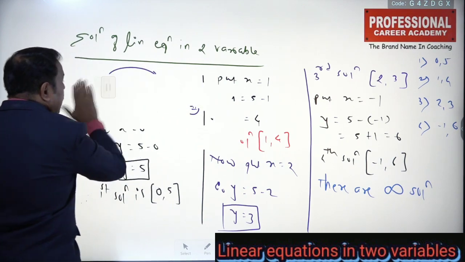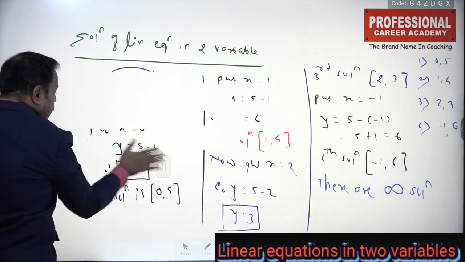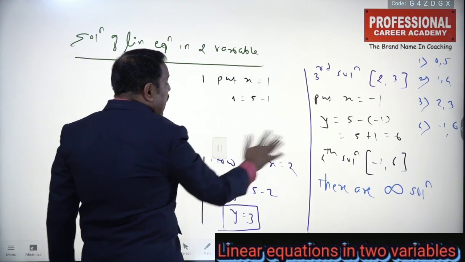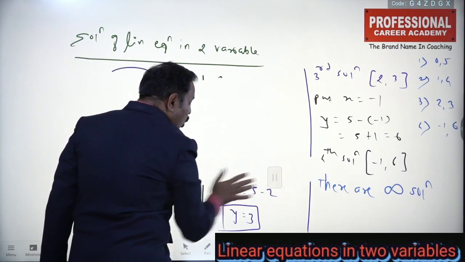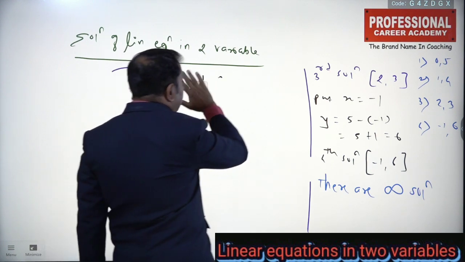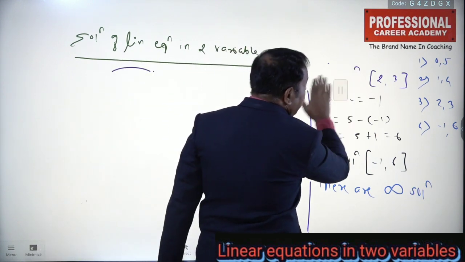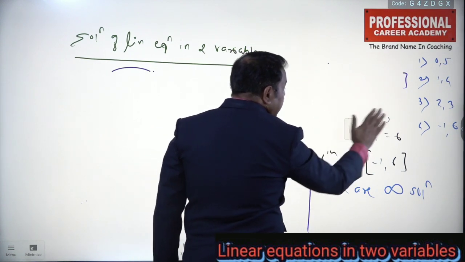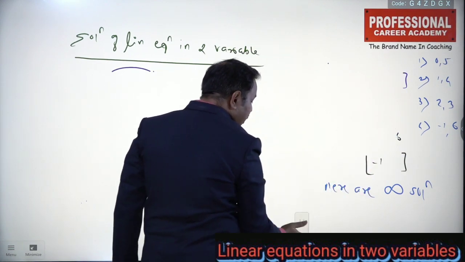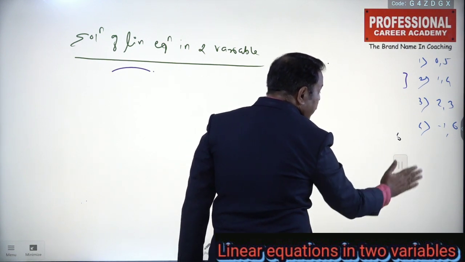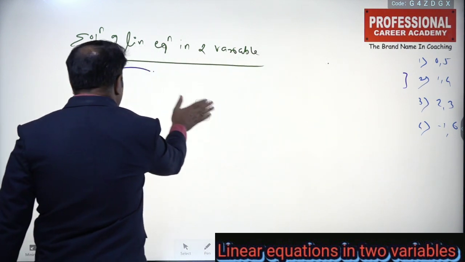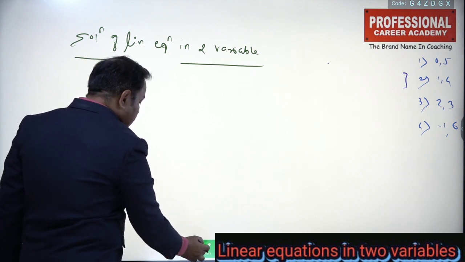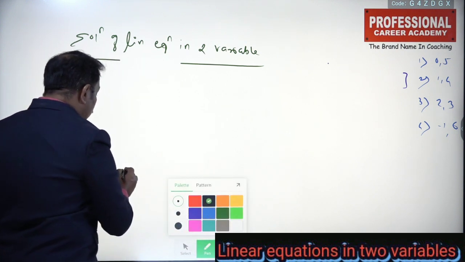Look at this. Now we are going to plot the graph of this equation. So look at the nature of the graph. See here, how to plot the graph of any equation? First find the coordinates. We have already found the coordinates. 4 coordinates are there. Look at this. Suppose